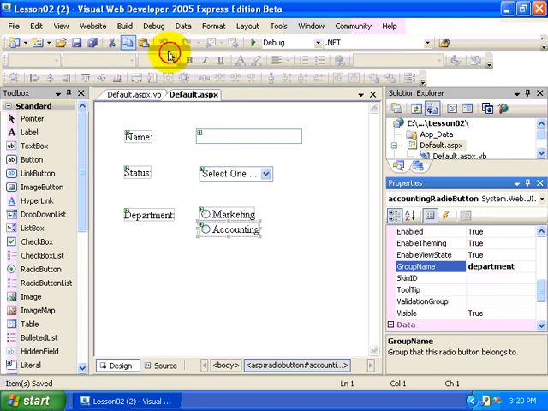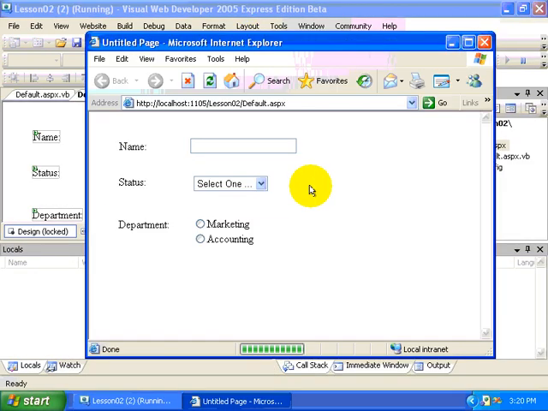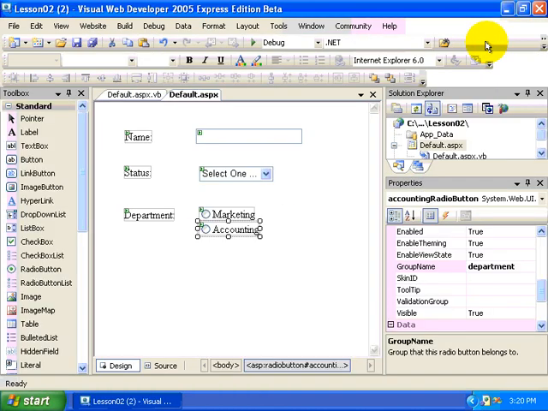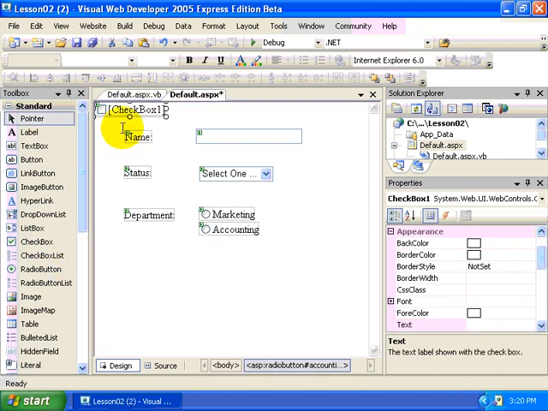Now let's try it this time that we've set that option. Let's see if it makes anything better. Okay, so now we can see a one or the other selection, but not both. Great. Now let's add a checkbox, and checkboxes are popular for whenever we need a yes/no type of question response